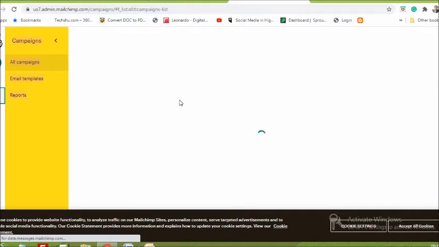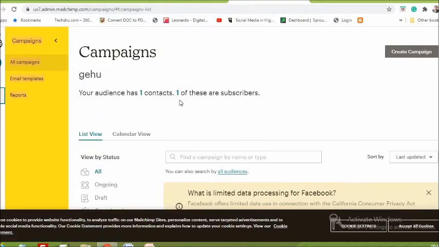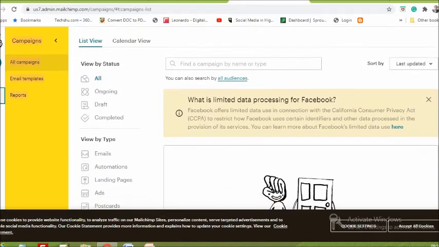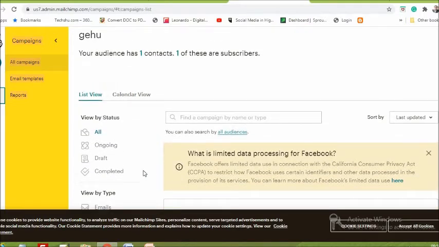But for running a campaign, we need an email database of at least 5-10 contacts, so that we can send emails and check open rates, click rates, delivery rates, all the rates, right? And the ongoing draft, that is a calendar. You can even schedule the campaigns as well.